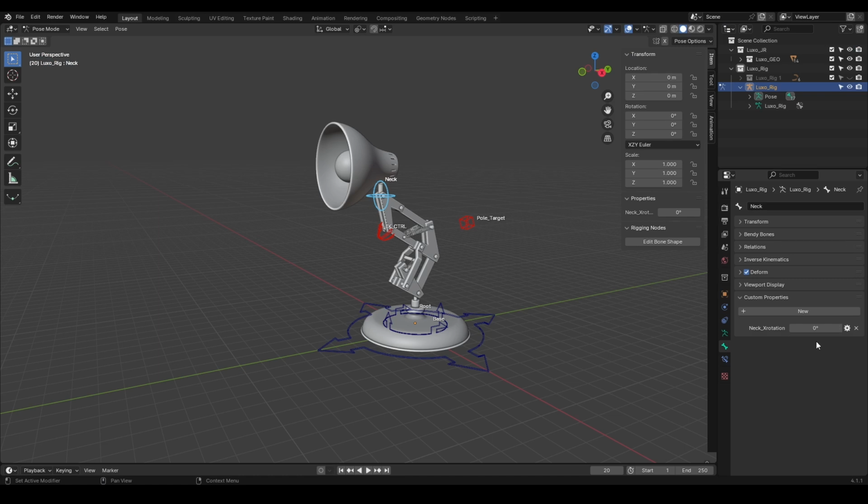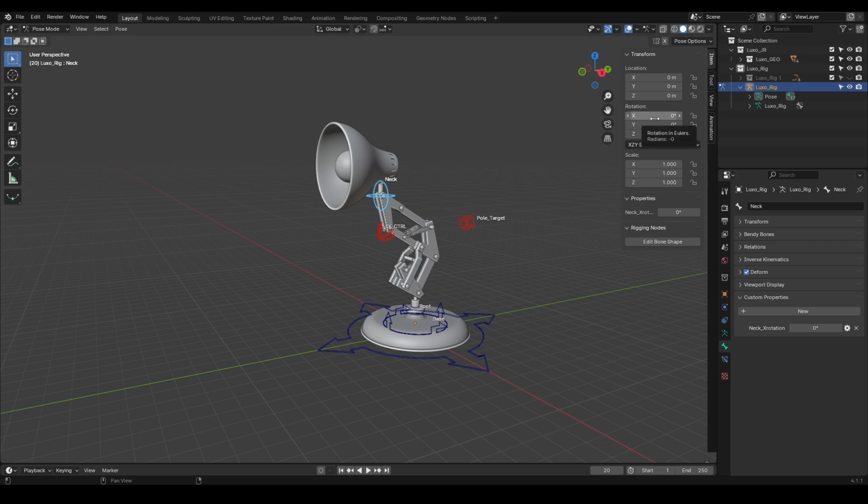But we're not done yet. As you can see, changing its value doesn't actually do anything. That's because we haven't connected it to anything yet. In other words, we need to tell Blender to use this property to control the X rotation. And this is where drivers come in. Drivers are a powerful tool that let you create dynamic relationships between different properties. Basically, a driver takes the value from one property and uses it to control another, allowing for complex automated behaviors